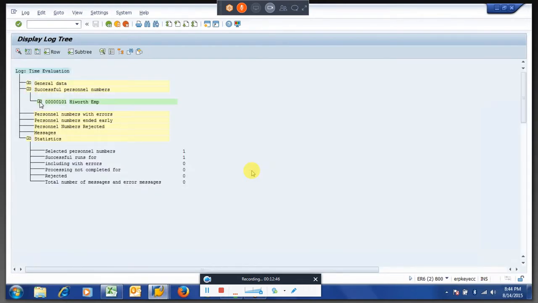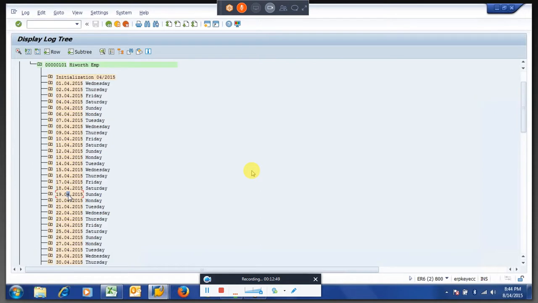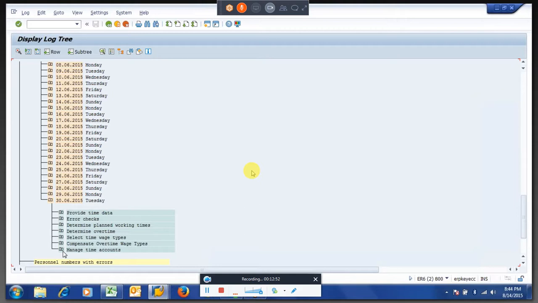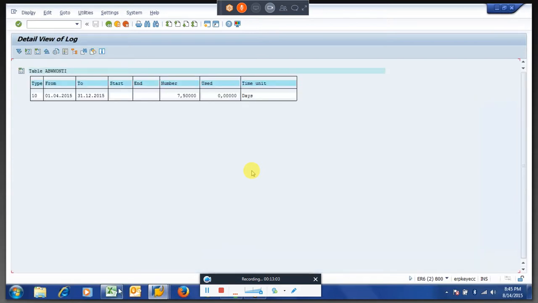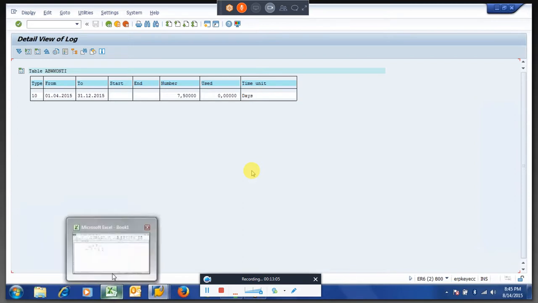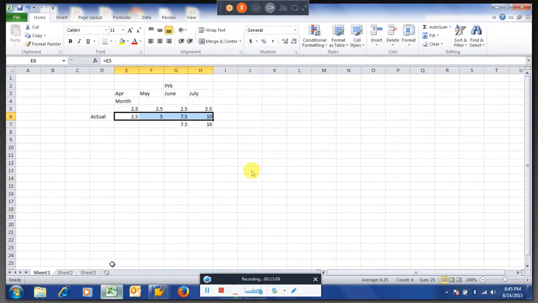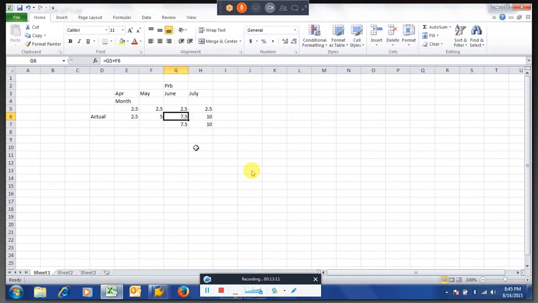So if you see, April he got 2.5, May 2.5, then June 2.5. Obviously it should be 7.5 if our rules are working. The 7.5 is getting generated, but it is creating every month. So we have to see the date of probation, then we have to generate.